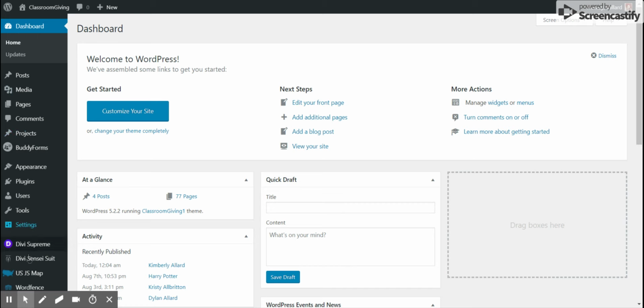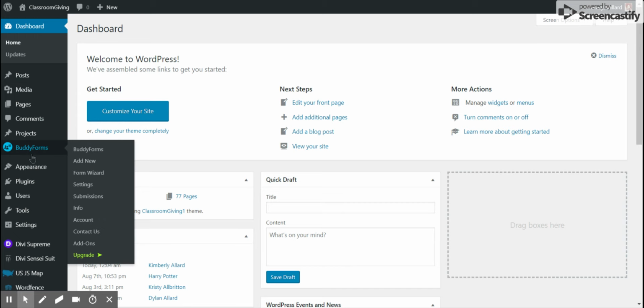So you have all of these different things. Most of them aren't really important at this time, but for the posts, you can look at all posts, you can add a new post, you can set up the post categories, which is basically the states. And I forgot to show the tags. I'll have to go back and show you the tags. But anyway, Buddy Forms is the plugin that I am using right now. And if you go to submissions,